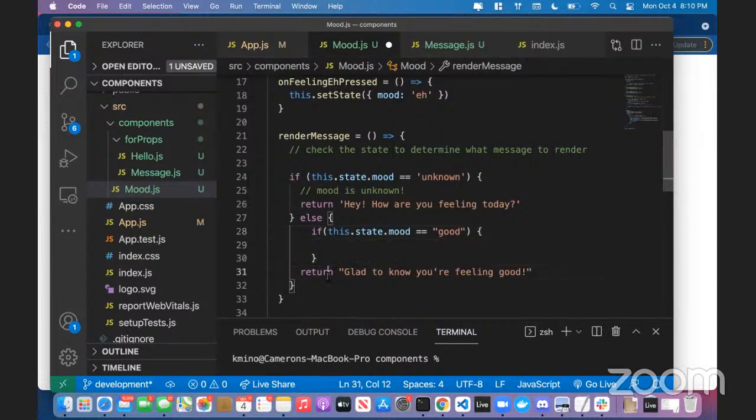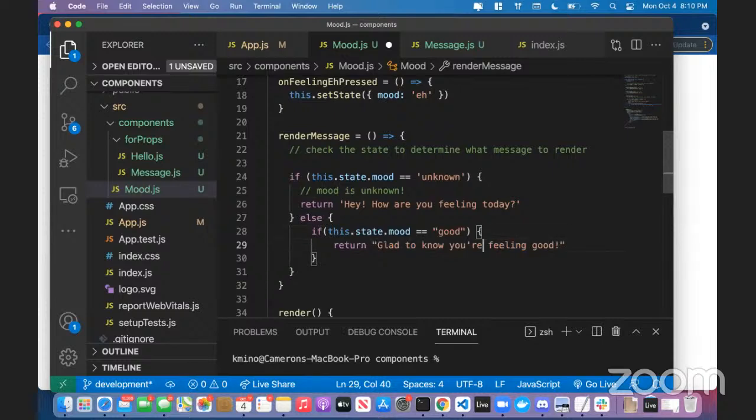I can move this return into there. Else return, oh man, hope you feel better